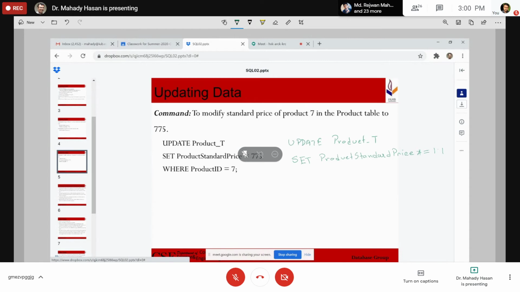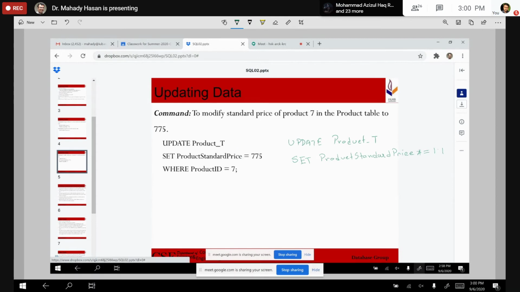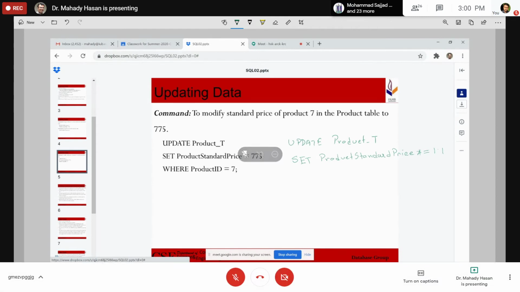I think no, sir. This should be okay, right? What do you think? Is this okay? Sir, I can't tell whether this is written as 1.1 or 11. 1.1.